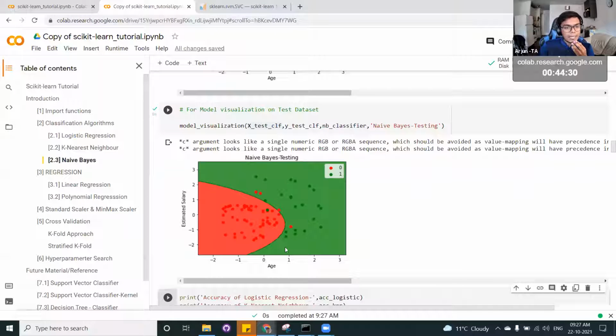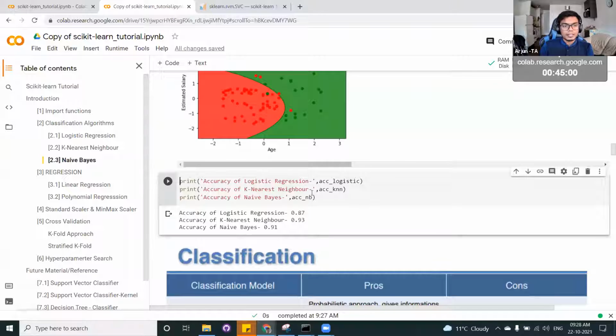So the numbers are not that meaningful, but because we are doing a standardized scaler, you can see that if the age is lower and the estimated salary is lower, then the customer is not purchasing that much. And if the age is higher and they have a high purchasing power, that is a high salary, then they tend to purchase more. So this is an intuition that we derive from the model here.